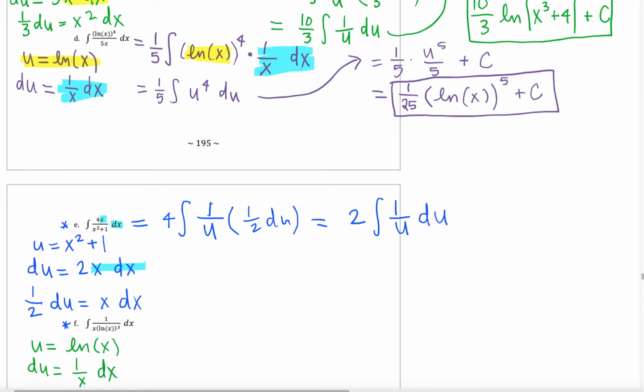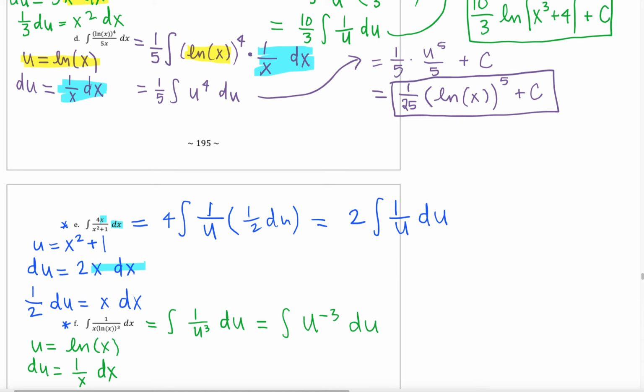To set all of this up, we would end up with the integral of 1 over u cubed now, and then that 1 over x times that dx is getting replaced with the du. Now before we jump straight into integrating this, we will have to use the power rule, so we want to make sure that this is written as u to the negative third